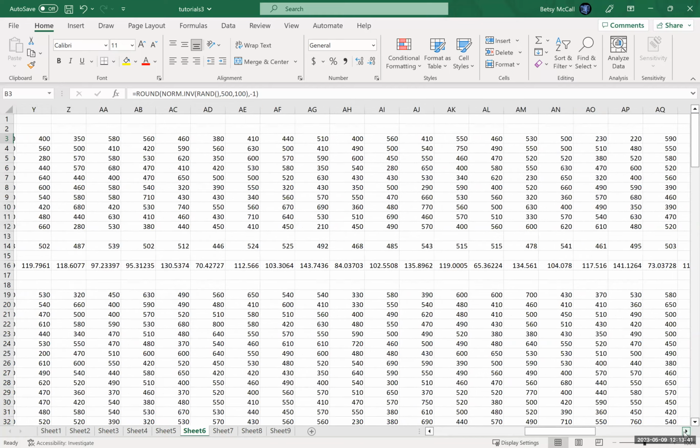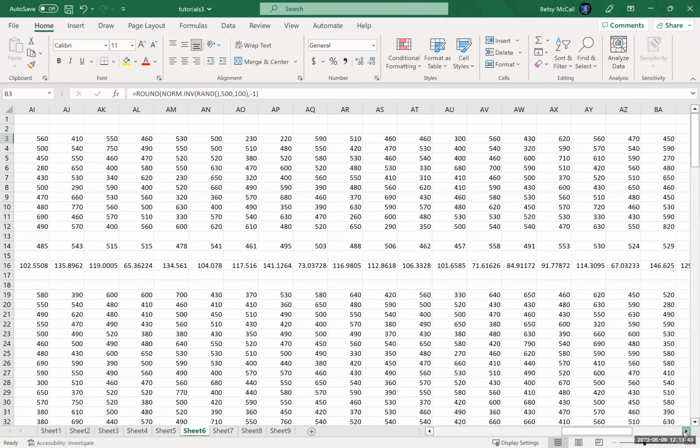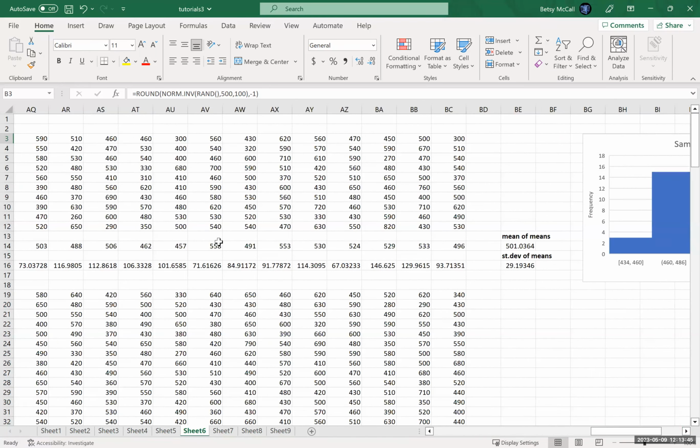So I copied and pasted my 10 sample calculations all the way down. And again, you can see if you look at the means, they're all around 500. The standard deviations are all hovering around 100, some a little higher, some a little lower. And then what I did after I'd calculated my 55 samples of sample size 10, then I averaged all the